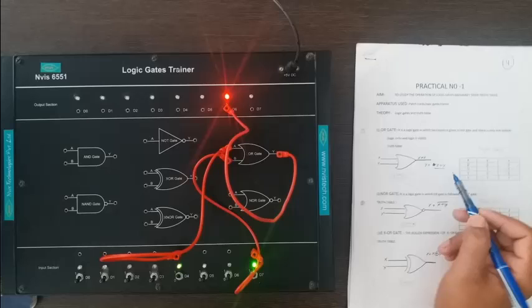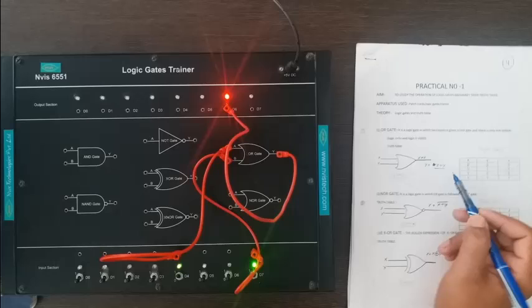This is the expression for NAND gate. When both the inputs are low at 0 0, 0 multiplied by 0, result will be 0. And you are using a NOT gate also, which will reverse your output, 0 to 1, so your output should be 1. In case of 0 1, your output should be 1. In case of 1 0, it should be 1. At 1 1, your output should be 0.